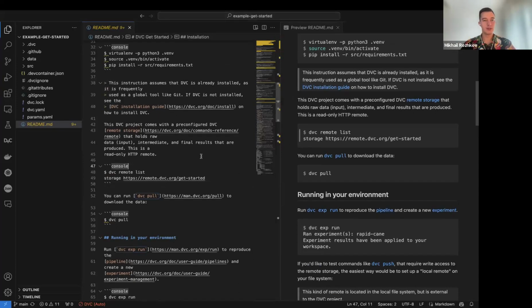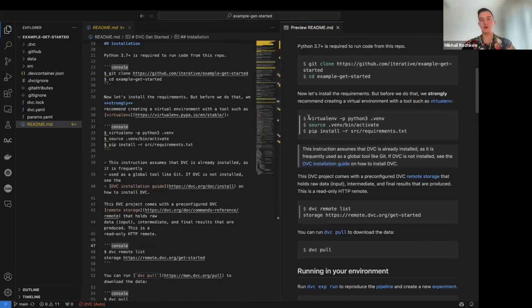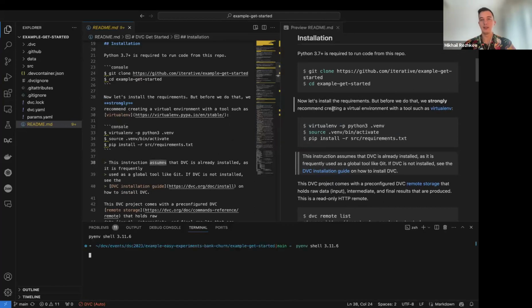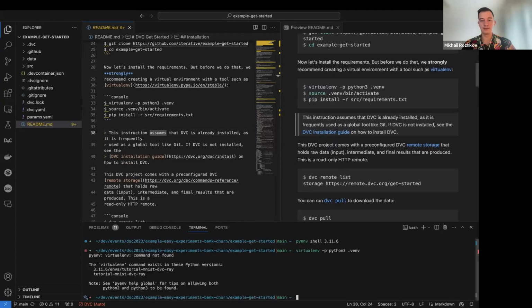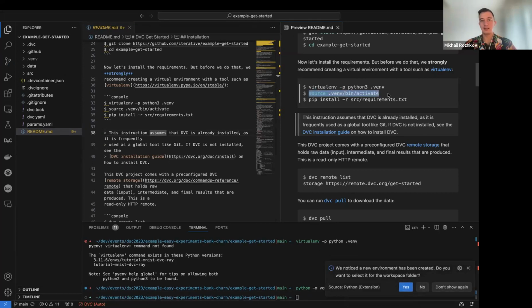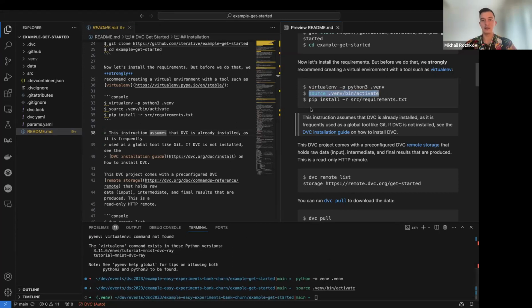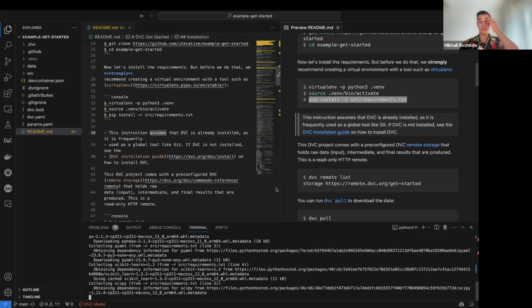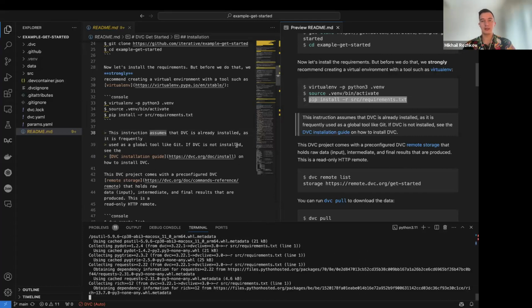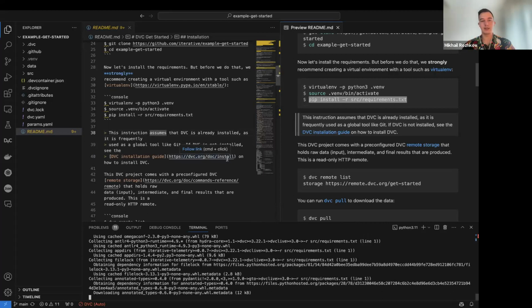Yeah, so let's do it. If you open the README, there are a couple of commands on how to prepare the environment. So we first create the virtual environment. I'll use venv to do this. Okay, then we activate the environment and install the requirements for this project. It will take time to install the dependencies,